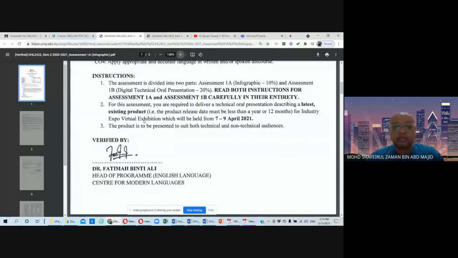Number three is very important. The product is to be presented to suit both technical and non-technical audiences. So when you are recording your presentation for assessment 1B, you have to make sure to avoid technical jargon, technical terminologies that normal people cannot really understand.